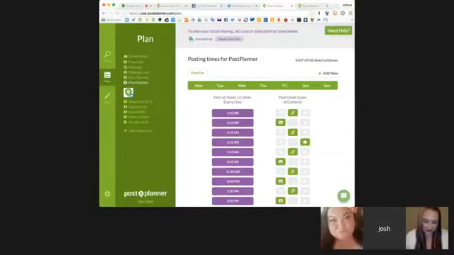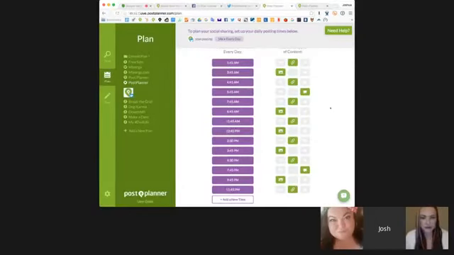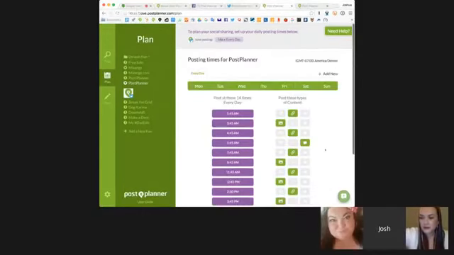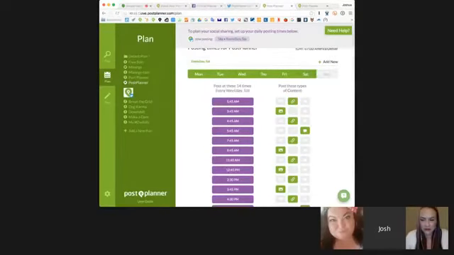So we're posting 14 times a day on Twitter, but you can still see that we're automating the variety here. We've got about 7 links going out every day, and we've got about 5 images and 2 text-only posts. And we've also decided here that we want the same schedule for every day. Now notice how easy it is to change that. I can turn off Sunday and Saturday, right? And now this schedule only applies to these 5 days of the week.